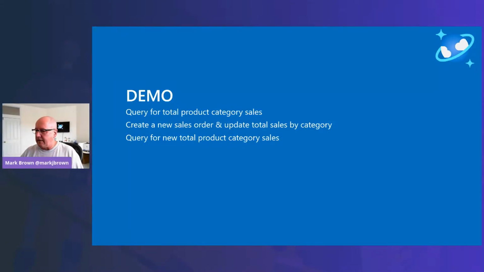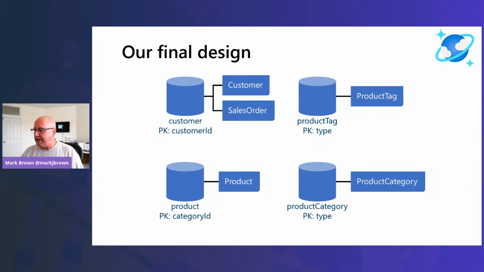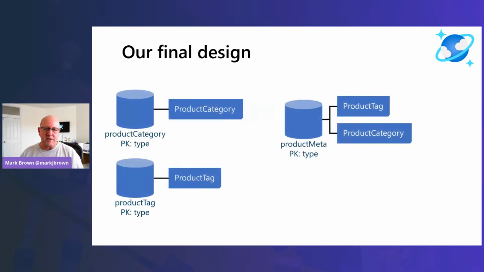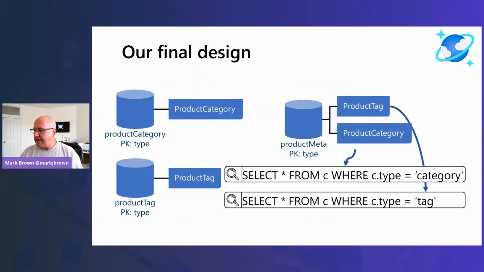So, okay. Our final design here, we've got a customer container with customers and sales orders. I got a product container here with my products, and I got a product tag container with tags and a category container with categories. There's one more optimization we can actually do here, and that is I can create another container, and we'll call it product meta, because they both use type as a partition key with their own unique values. So this is another way you can optimize data like this and just store it in a single container,